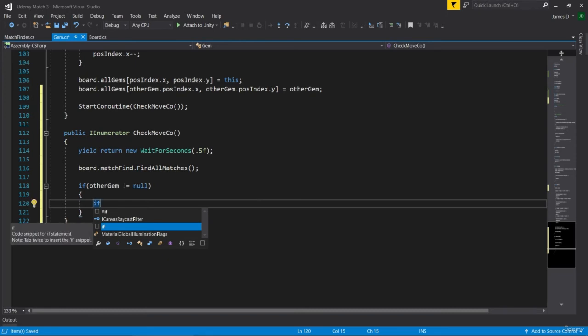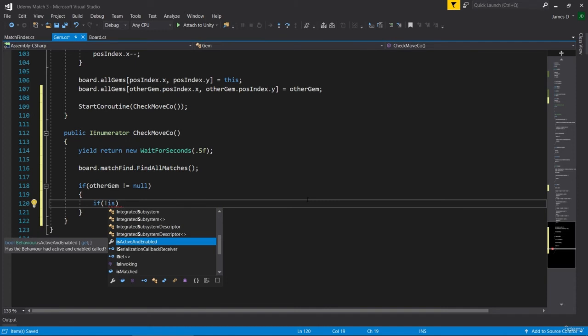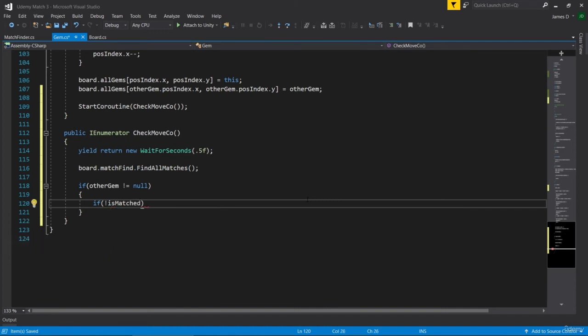We've done our matches check. So if we are not matched, so if we put an exclamation mark, it means not basically. So our bool for is matched can be either true or false. So if we are not matched